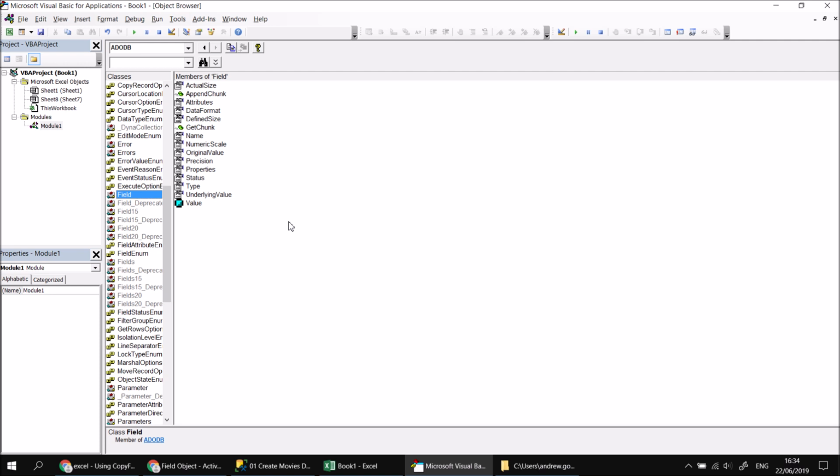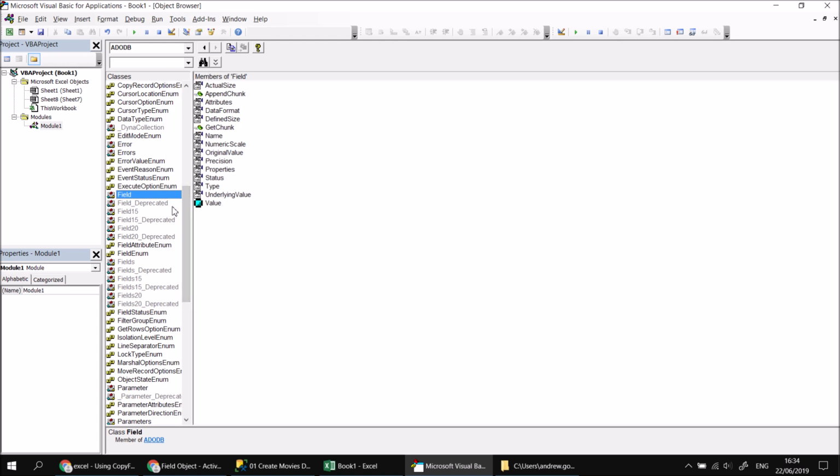I can't find any indication that they intended to deprecate the Field class. They tend to indicate deprecated versions of classes with the actual word deprecated. I think this is possibly a mistake. I think when the library was released, they accidentally hid the Field and Fields classes. But regardless, whether you want to hide these members or not, if you have them unhidden, when I go back to the module and say